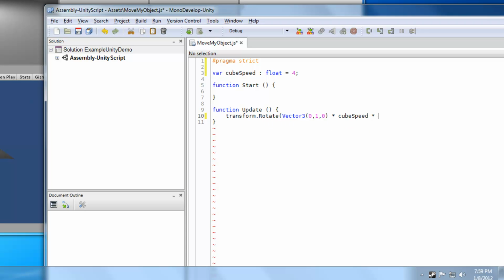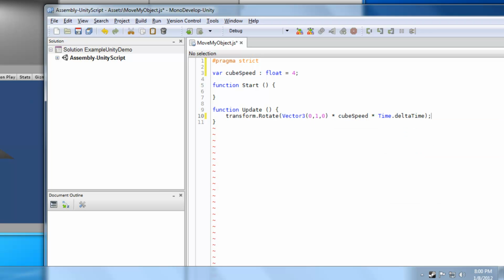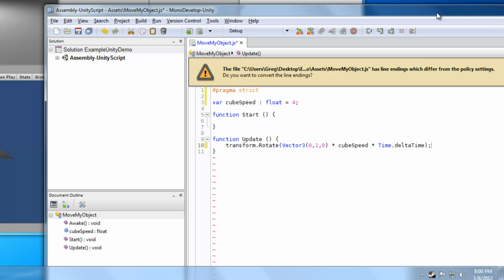And finally, something that's important to keep the update function working properly is to let this particular function know how much time has passed since the last time update was called. That's provided for you in time.deltaTime. If you've ever done any programming before, like in XNA or something, you're probably familiar with the concept of keeping track of time and how important it can be in your game. But in this case, we're just multiplying all these things together. And in theory, if we save this, and I will,